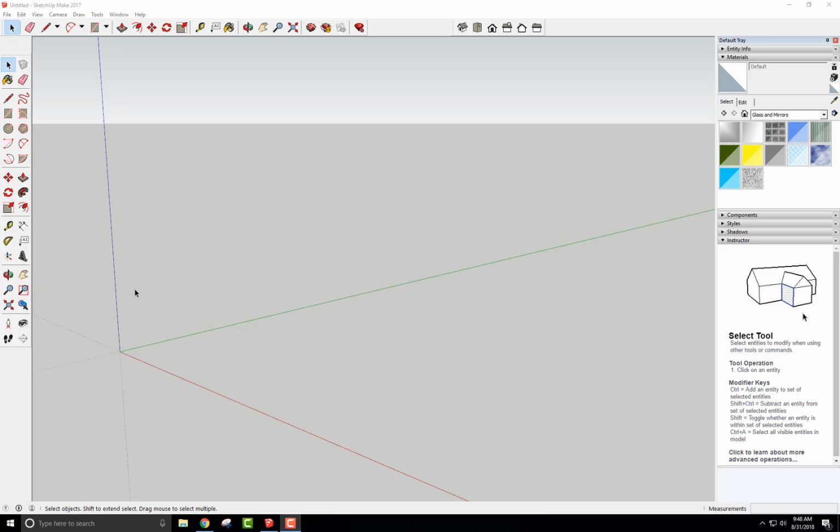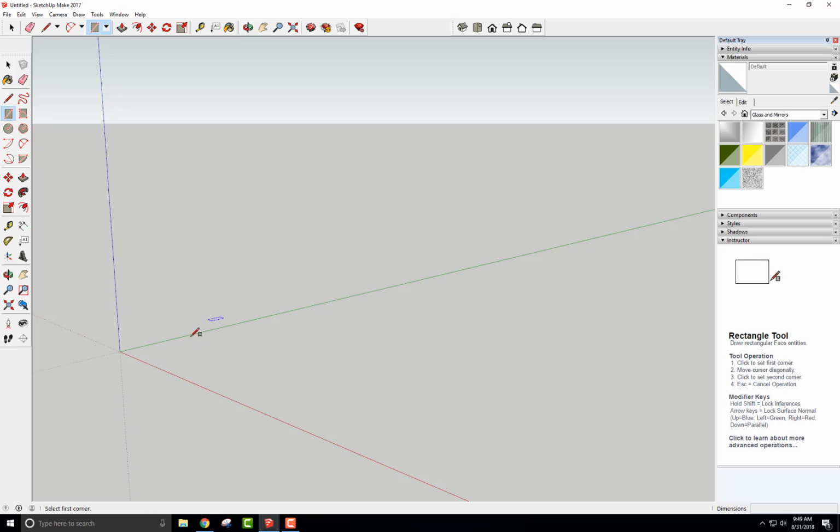Today we're going to start with creating a small house, and to do that in SketchUp we're going to begin with a basic part of the floor. So I'm going to click on the rectangle command here, and I'm watching the dimensions area on this side. I'm going to left click once on the origin, bring it over, and I want to have a floor basically which is about